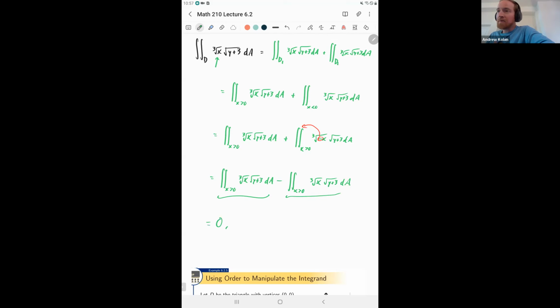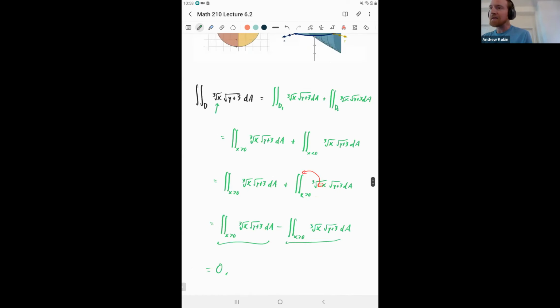We want to be careful about subtracting two integrals. We should ask, do these integrals exist, or do they have values? And using terminology from early in the course, are these improper integrals or not? Well, they're proper integrals. They do converge. They do have actual volume numbers attached to them, because theoretically you could write down bounds for these things and compute